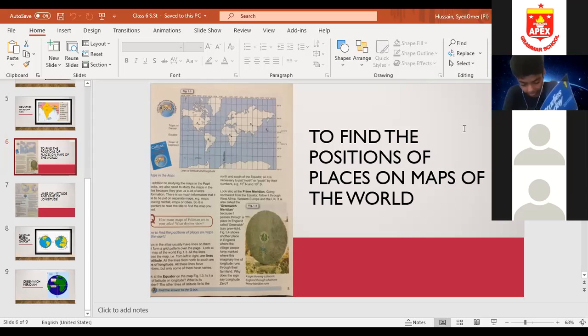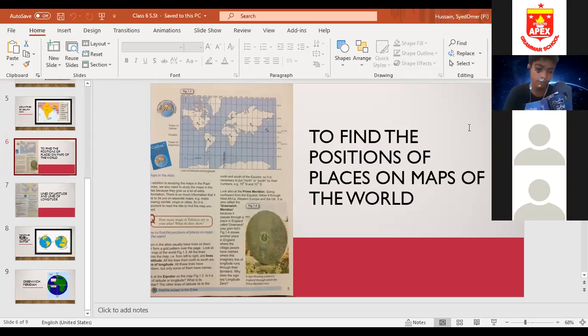Figure 1.4 shows another place in England where the village people have marked where this imaginary line of longitude runs through their farmland. Why does the sign say longitude 0? A sign showing a place in England. Okay, now what are they telling you? Look also at the prime meridian.